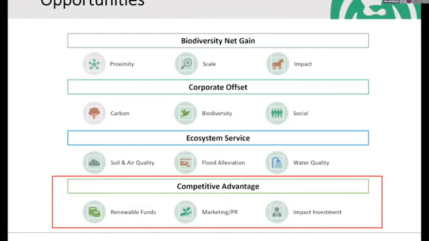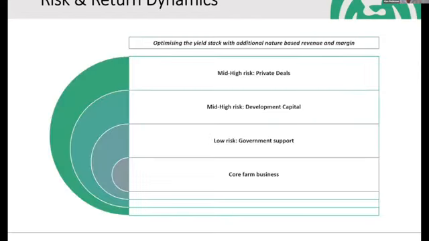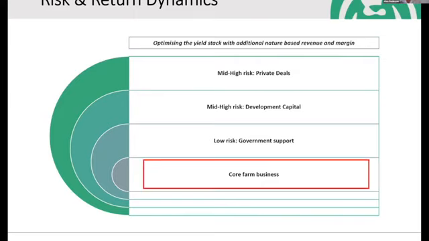But so what does this mean for your business? Well, simply, it's about trying to monetize these options and how they fit within the dynamics of risk and return. So we look at this as trying to build a yield stack or revenue stack for your business. You've got core farm benefits that you can have initially. That might come in the form of improved soil and therefore crop margins, or the competitive advantage that I've just mentioned when selling your products or your farm service, or providing that extra degree of climate resilience.